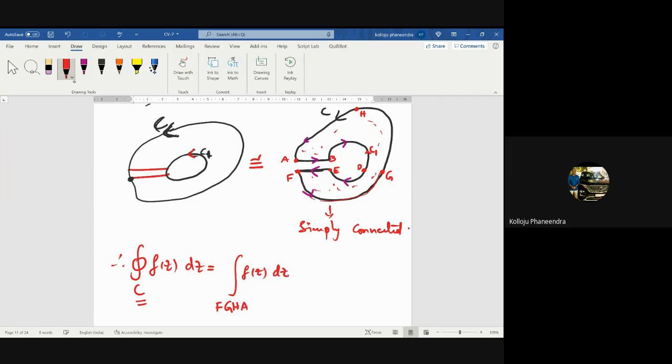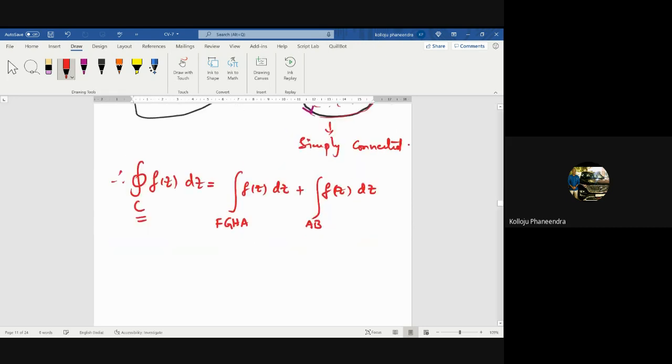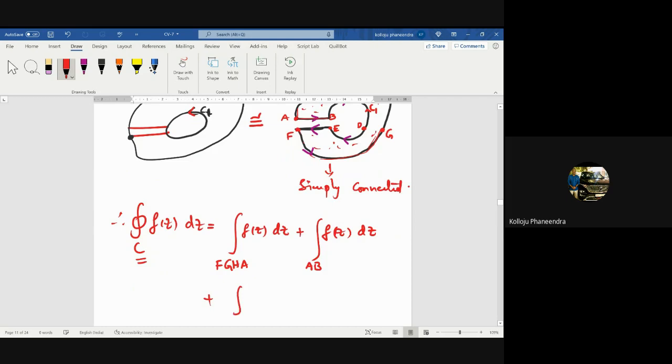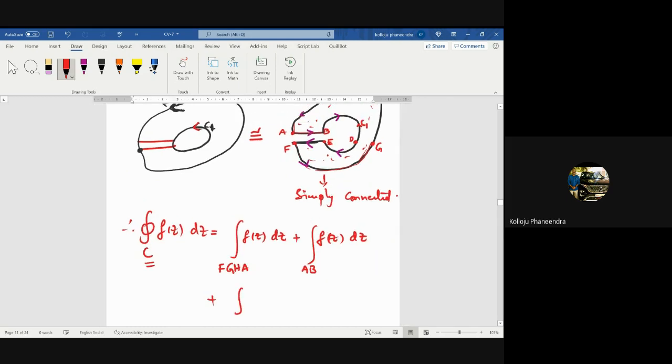Up to here A is over. Next, plus integral from A to B, inside A to B, f of z dz, plus integral after A to B, the traversal from B, D, E, f of z dz,